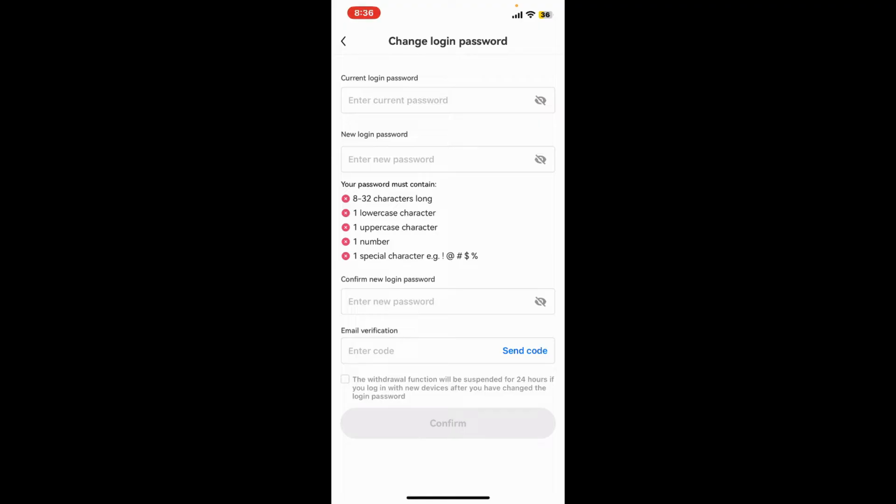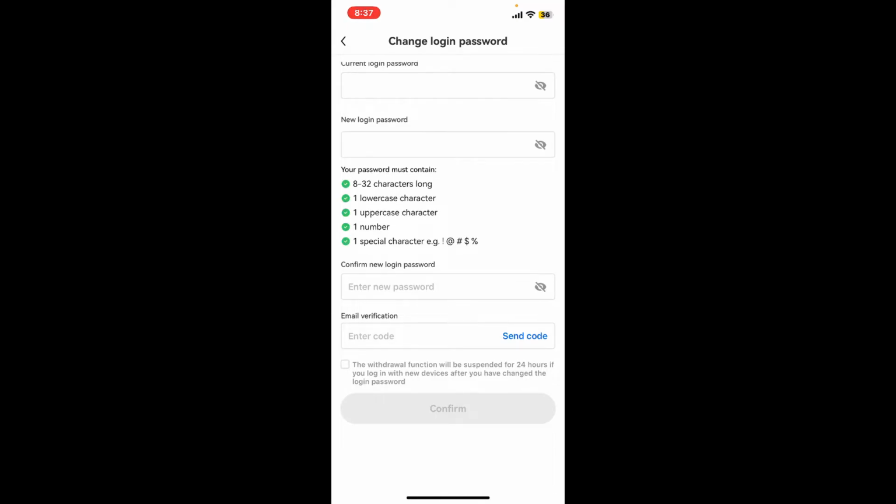Now, enter your current login password on the next page at the very top of the screen. After you are done typing in your current password, go to the next field where it says New Login Password and enter the new password you'd like to set for your account. Once you are done setting up a new password that meets these criteria at the bottom, confirm the new password by retyping it again. Now, once you are done entering the new password and confirming it, you'll then need to